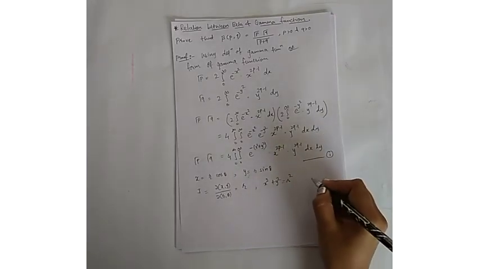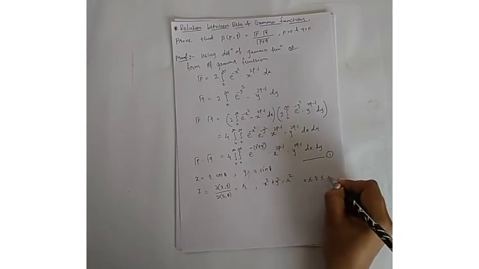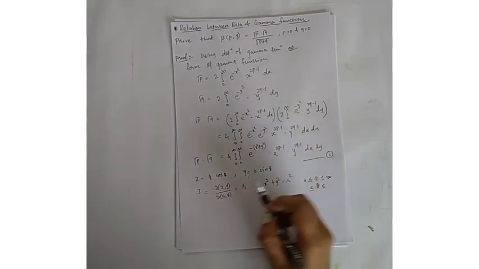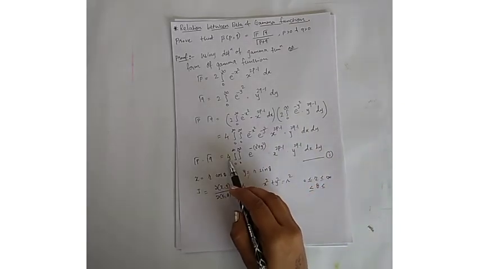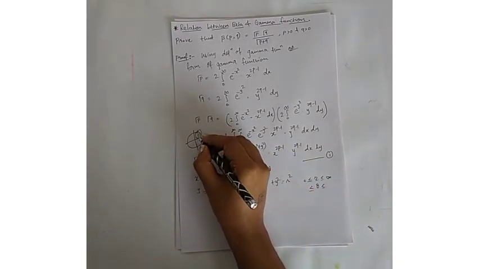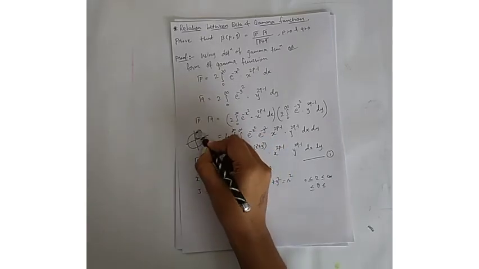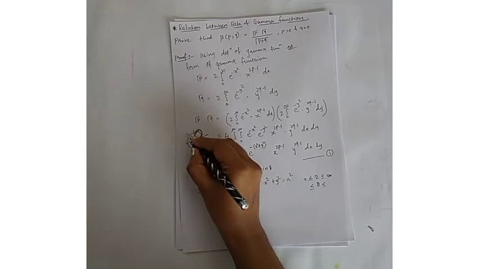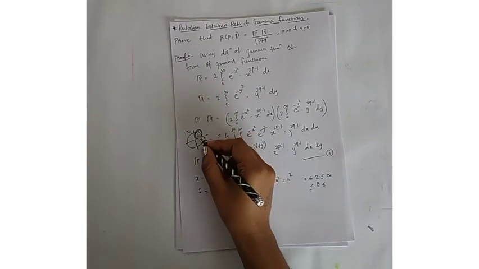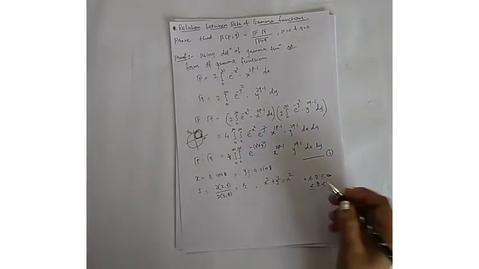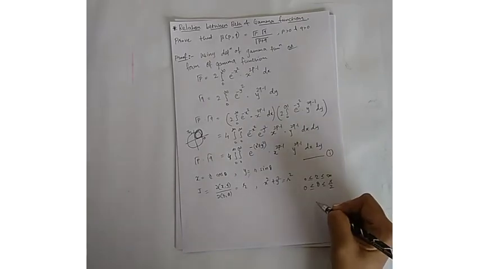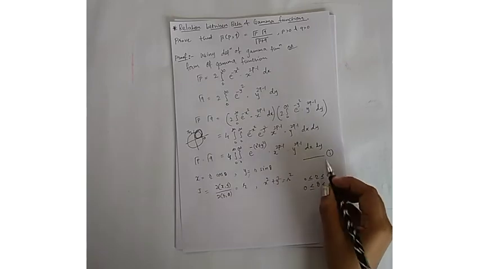And also the limit of r is 0 to infinity, and theta is in between 0 to 2 pi, but here we have 4, meaning this is a circle and we take only one quadrant, the first quadrant of this circle, so 0 to pi by 2, right? So theta is in between 0 to pi by 2. Put all these substitutions in equation number 1.